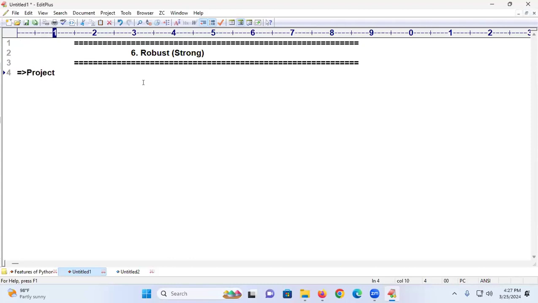That means in the real world, in any type of project you develop, if that project runs and the end user, I hope you understand my word, the end user, also called the application user, enters an invalid input, by default, what will come? I will tell you. This is a very, very important feature, students. Without this concept, there is no real-time application. That's why more focus is on this topic.